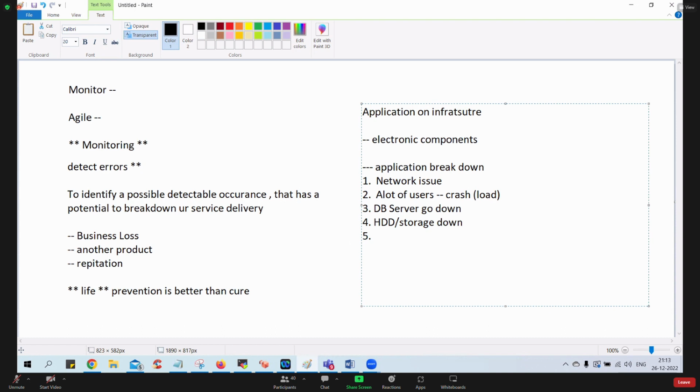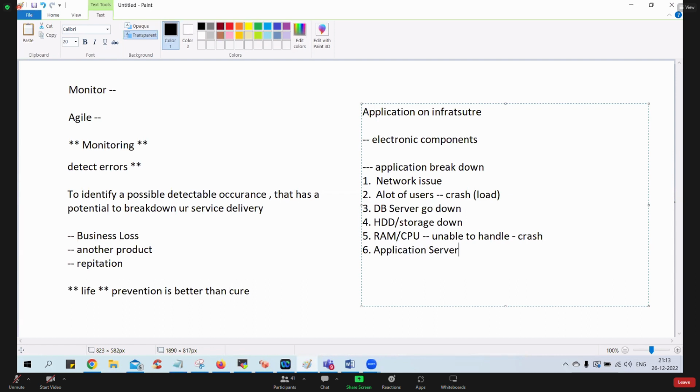Yeah, RAM utilization, or the CPU is unable to handle. This can also create a crash landing. This is also possible. Are you getting the answers, guys? What I'm talking about? See, a network issue can be there. A lot of users, hard disk. So finally, the application itself can go down.